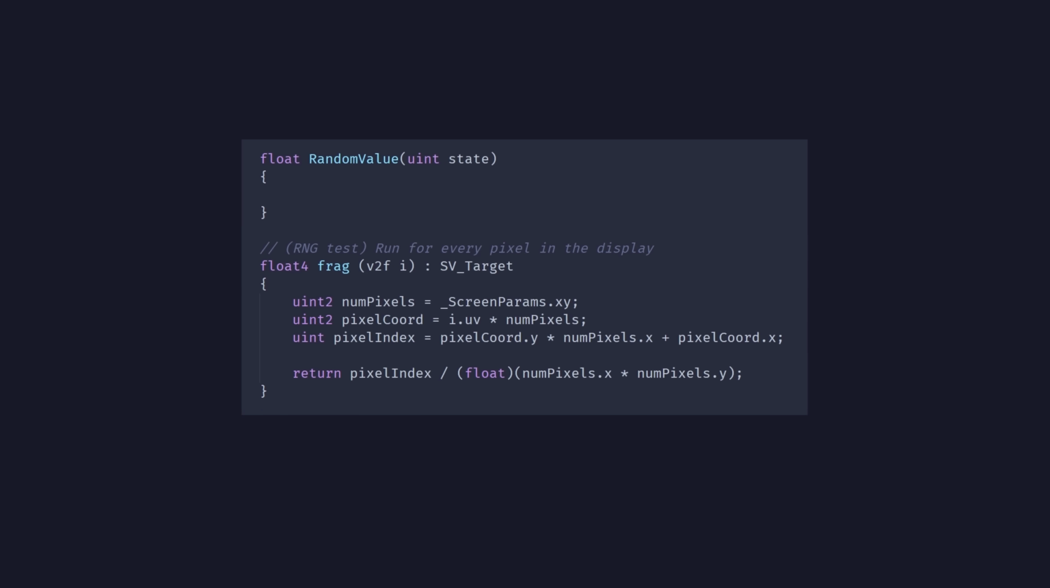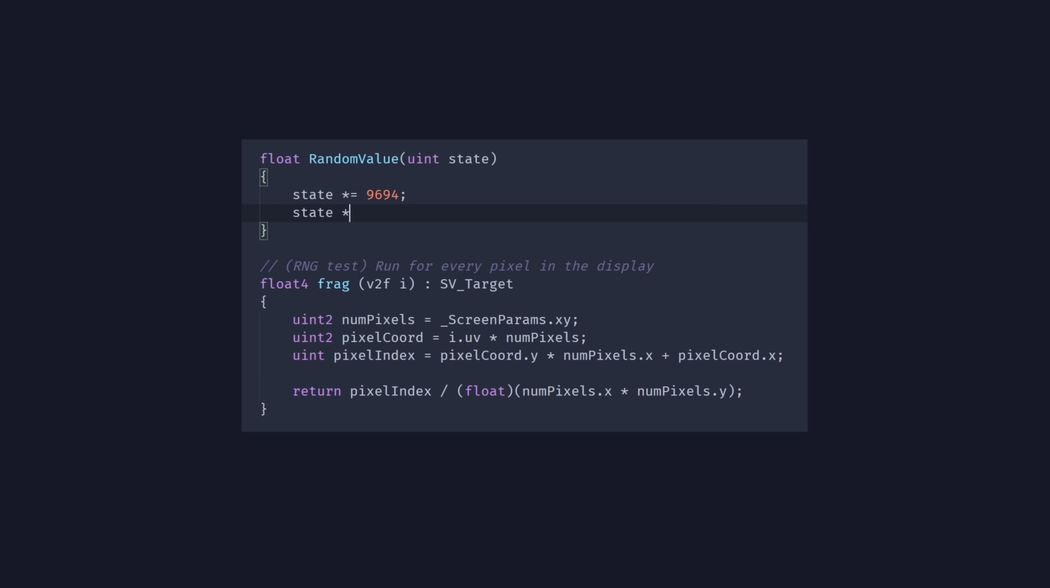So let's make a function called randomValue, which takes in this initial seed and transforms it in some way. I'll need to look up a good way to do this, but let's just play around a bit first for fun. So how about we multiply the seed by some large number, and then maybe square the result? I really haven't thought this